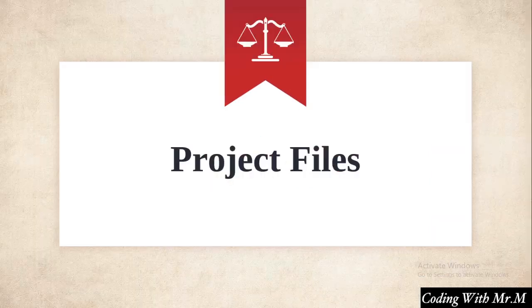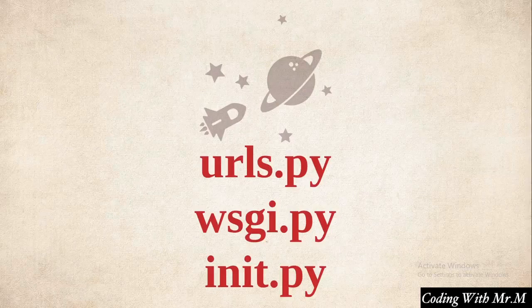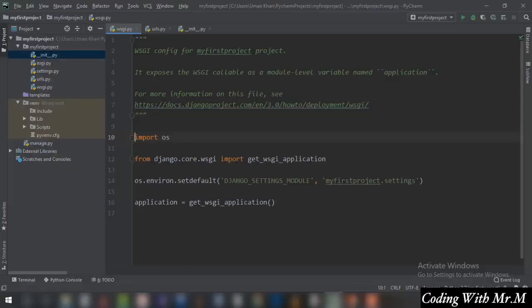Welcome to another tutorial in this course on Django. As we are discussing the project files, in this tutorial we are going to complete the project files discussion, and we are going to be covering the final files in this tutorial. That includes urls.py, wsgi.py, and __init__.py. So let's just move on to our compiler without wasting any more time, and I've already opened the files. The first file we are going to be discussing is this